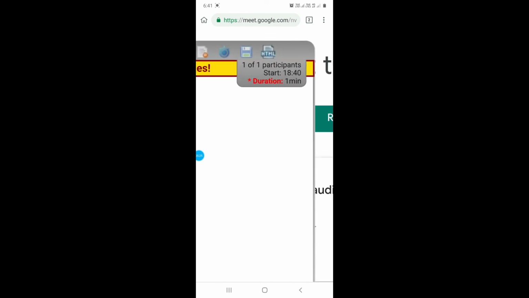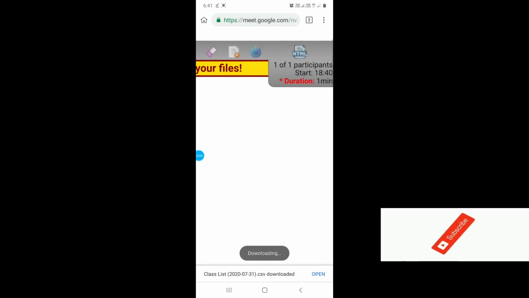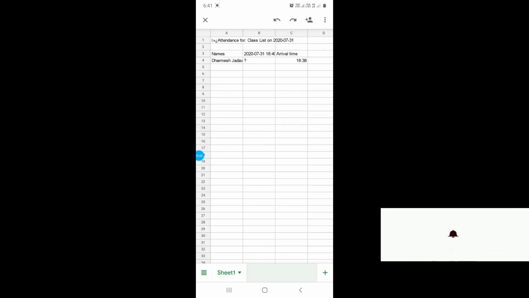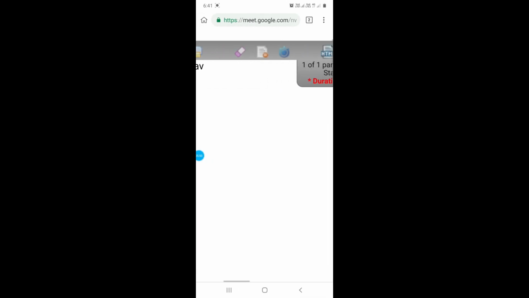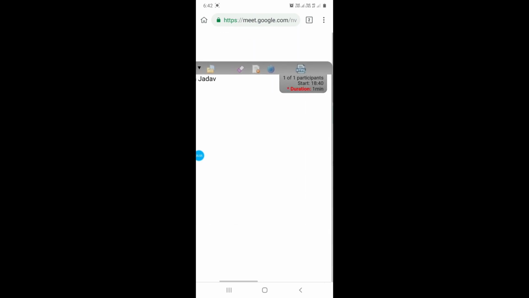It is over here like a save icon. Click on it, continue. Yes, I want to save it as a class list in the download. I can save it. Okay, and I can open and see over there the list of students, and what time also. You can also see the arrival time of the person over there. You can do the setting for the timing also over there, right?